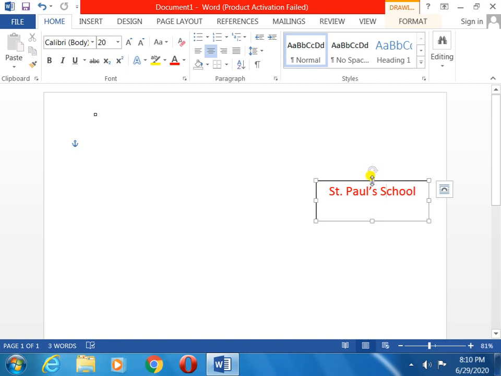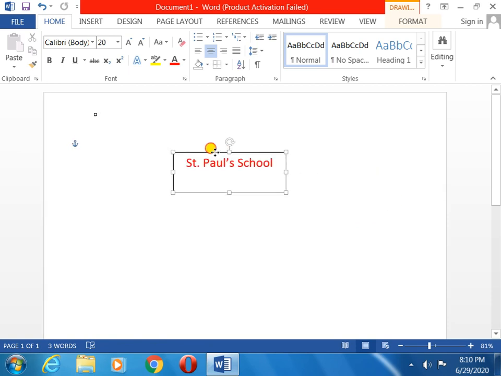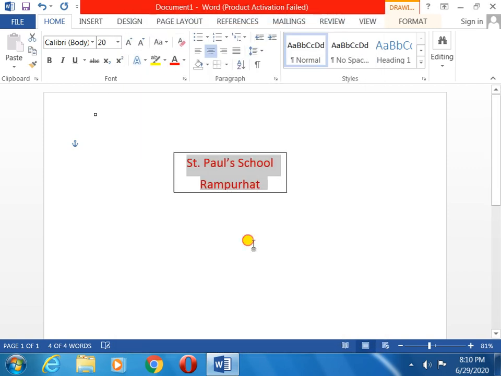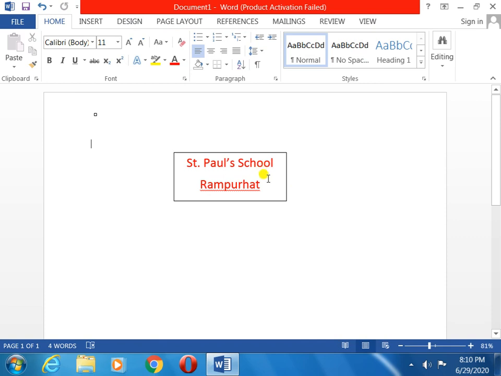Now I am putting it in the middle. Now the next line I will type. Now I am showing you Rampur Hat. If you want to take more area, change the color.